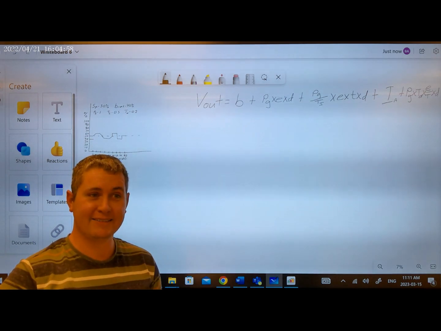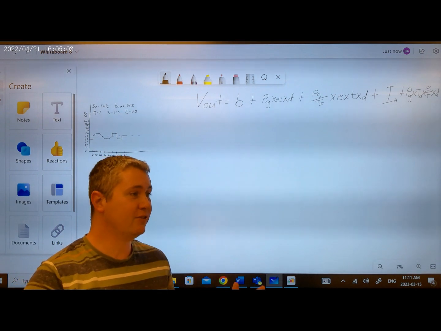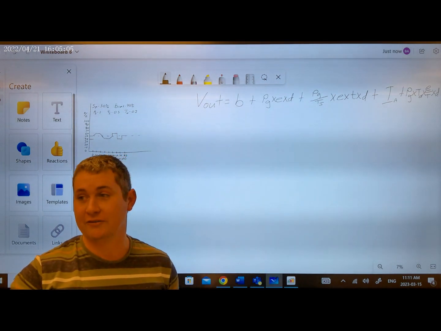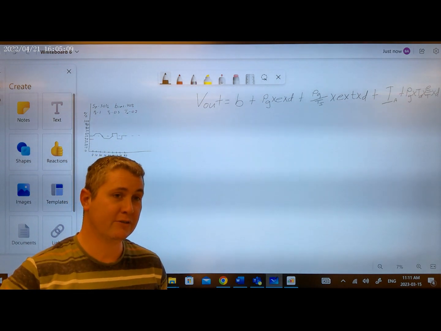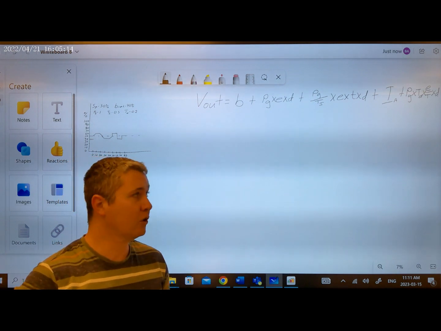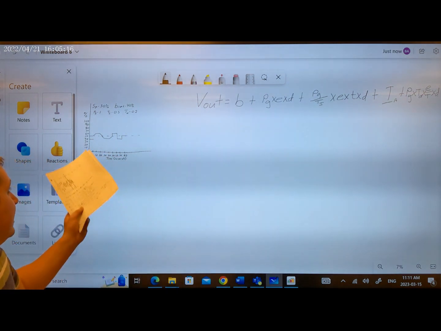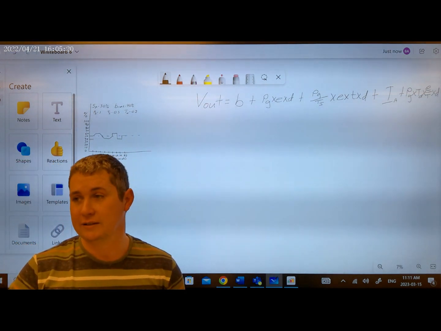Today we're looking at proportional, integral, and derivative. We're looking at the cumulative of all that we've done thus far. We've done proportional integral, proportional derivative. We've done a little proportional integral and derivative together. But today we're going to be looking at how a sinusoidal waveform and a square waveform are going to affect